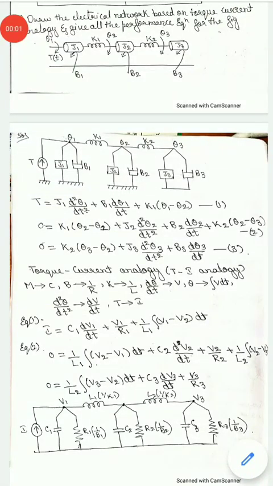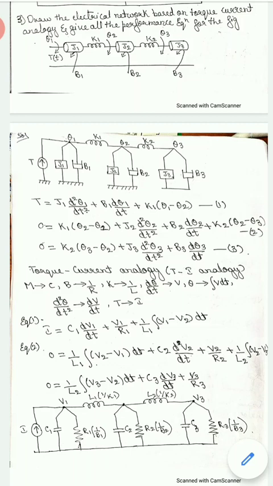Today we shall discuss the third problem. Draw the electrical network based on torque current analogy and give all the performance equation for the figure. This is the given figure diagram. We need to draw the